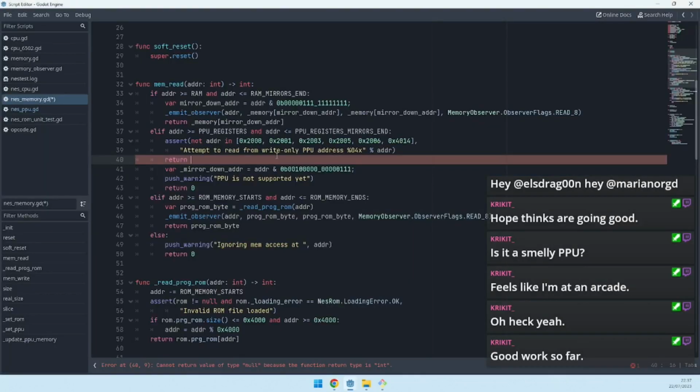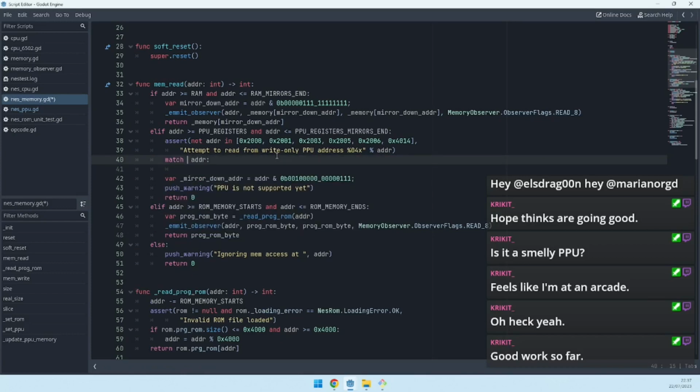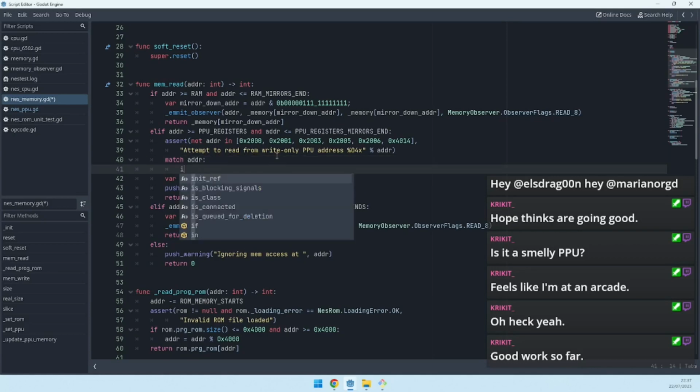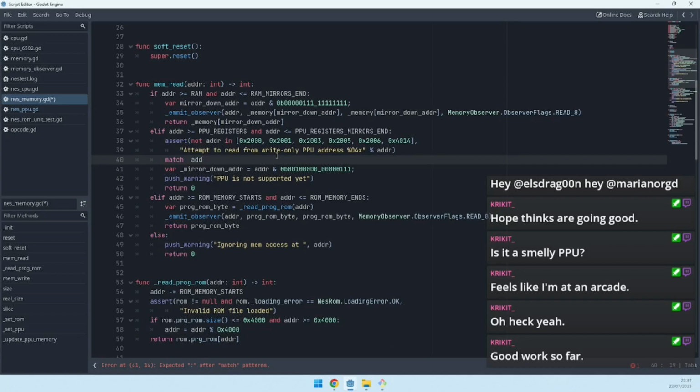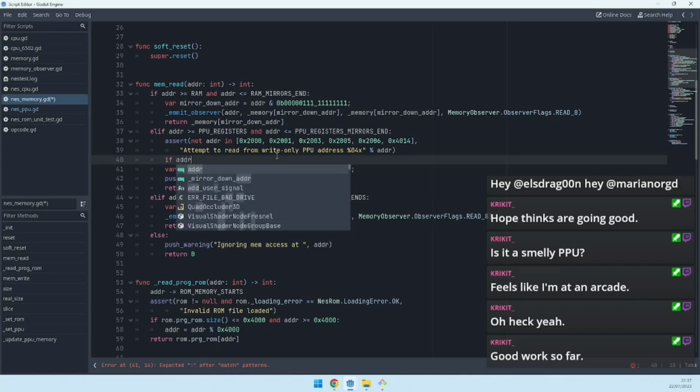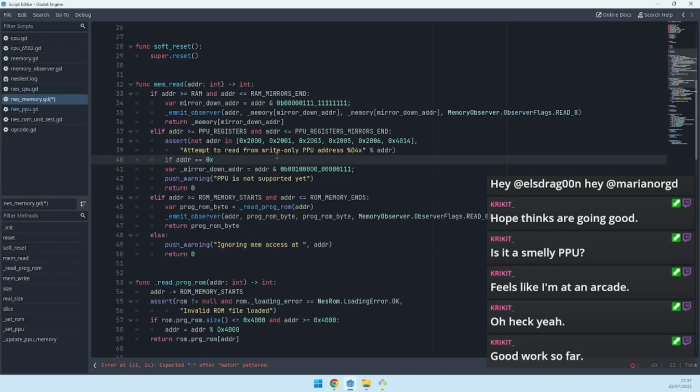Okay. So I can match the address now. Yeah, actually that will not work. So if address equals 0x2007,